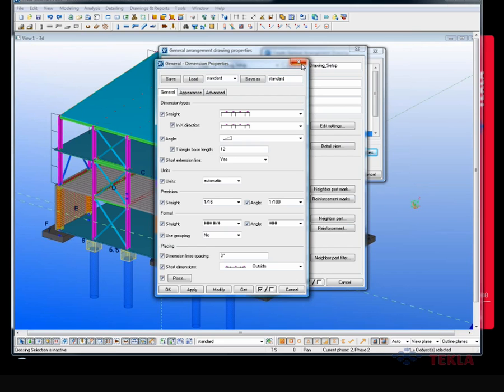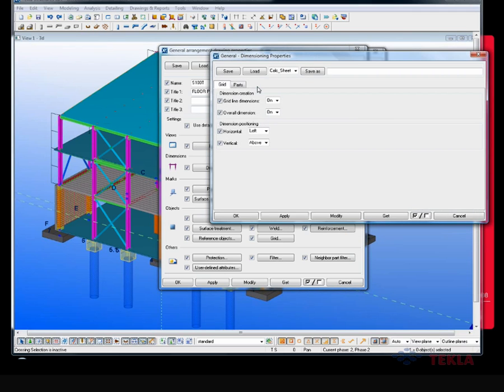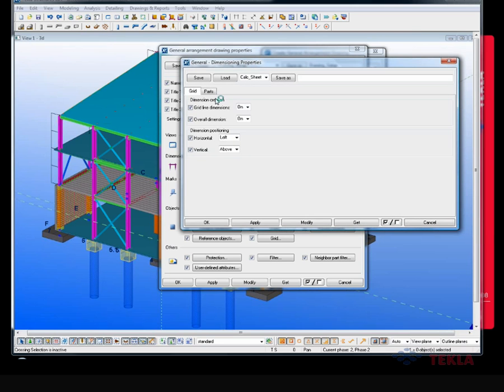Now the way that the dimensioning tabs work is that they're really for initially setting up the drawing with some just general dimensions. You are going to be adding more dimensions as you go, obviously, in the drawings as you customize the sheets and want to add your own manual intelligent dimensions within the model. But this is really for just initially getting dimensions on there. And the types of dimensions that you can get on there is, say, from grid to grid. So within the dimensioning tab, I can say whether I want to dimension the grids, and if so, are they left, right, or both sides. So typically